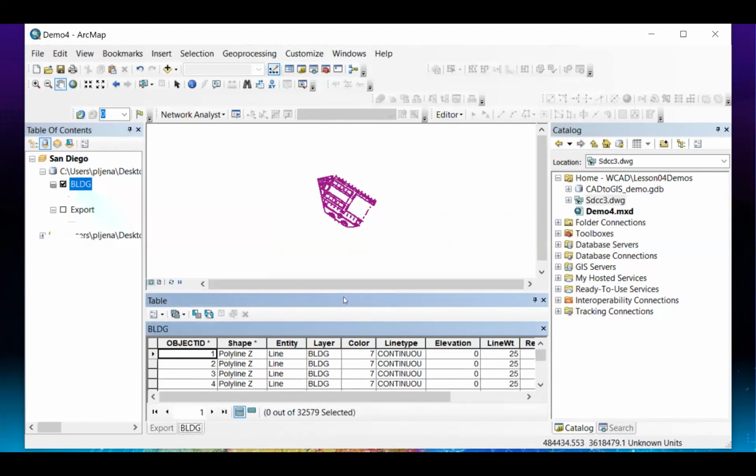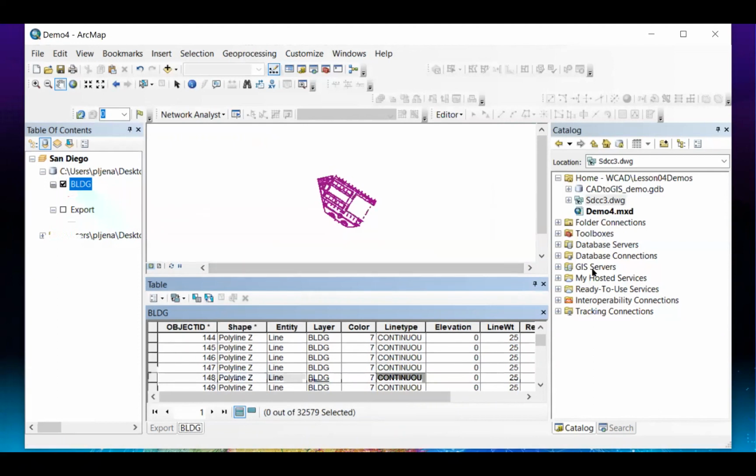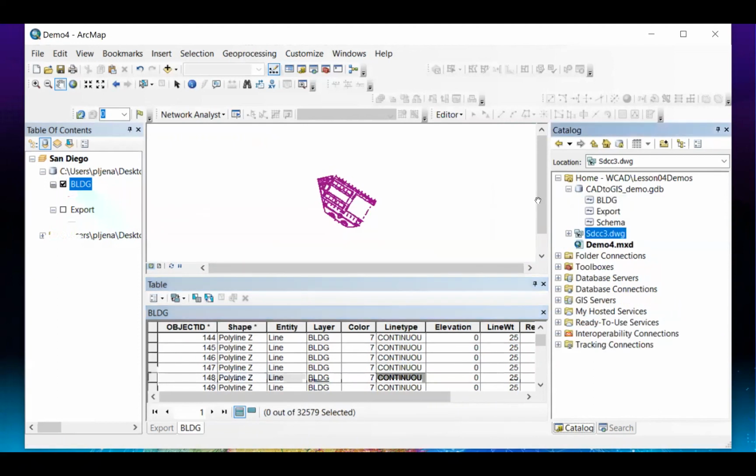So what we have finally is only the building layers. So we have sieved through all the irrelevant layers and we're finally left with the building layer. Now we need to create a schema in which all these features will be ported over to. So to save some time, I've already created a schema here,